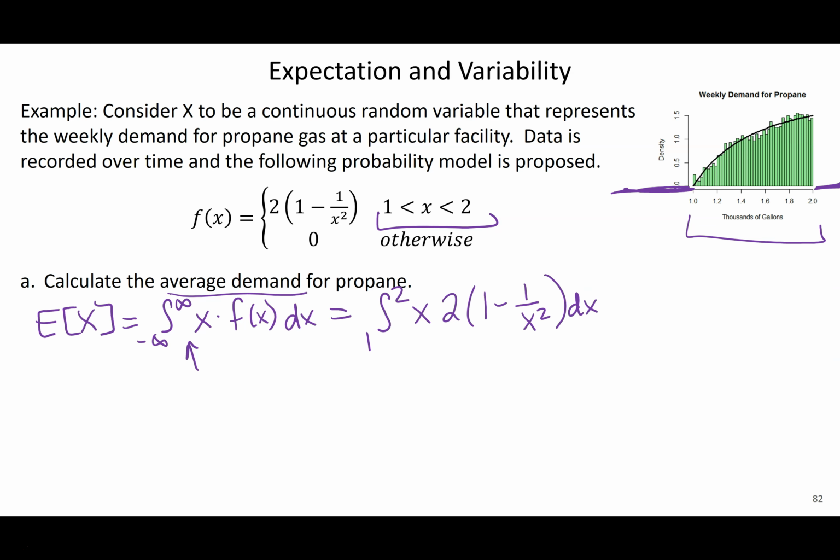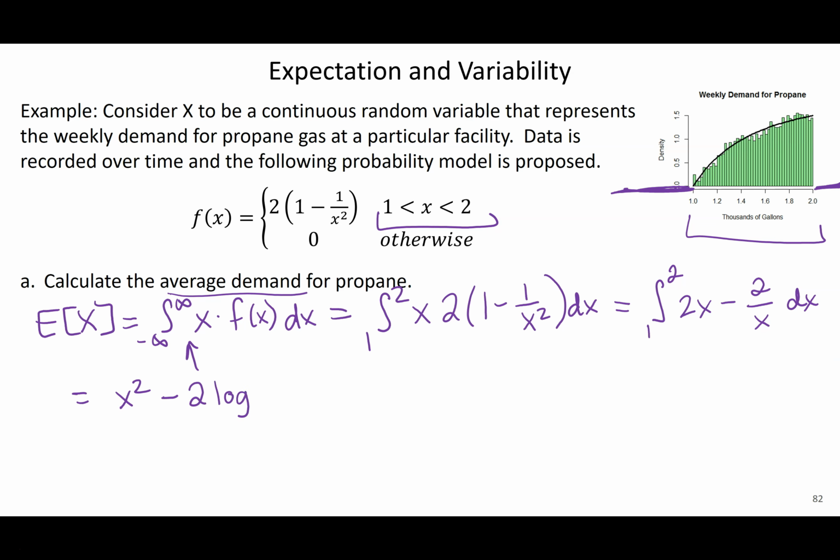So let me see here. I'm going to go ahead and integrate from 1 to 2 of 2x minus 2 over x dx. I'm going to get x squared minus